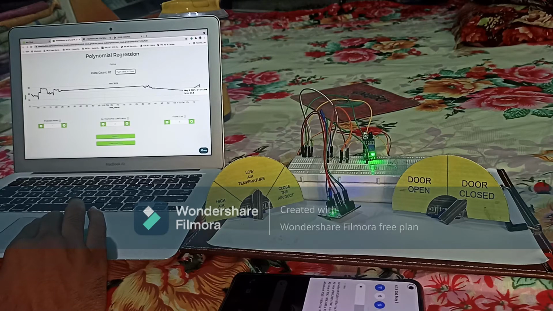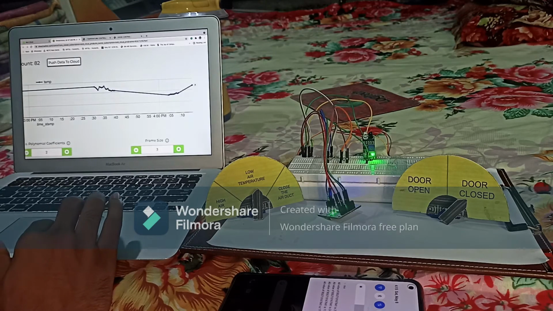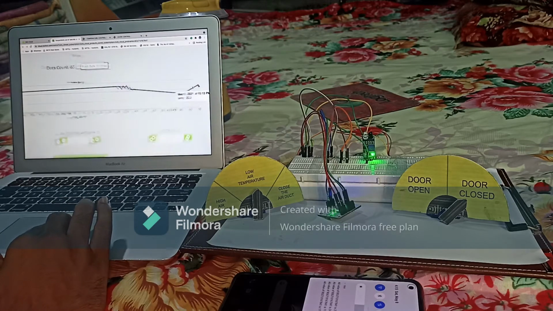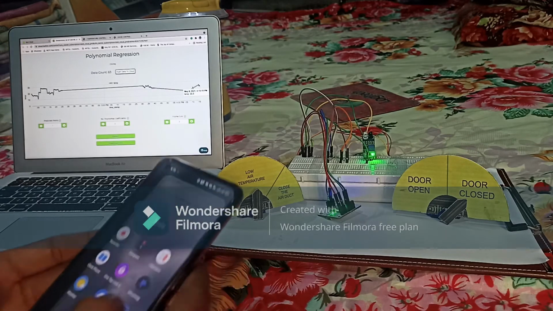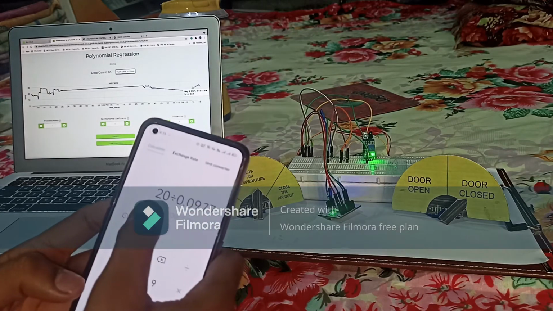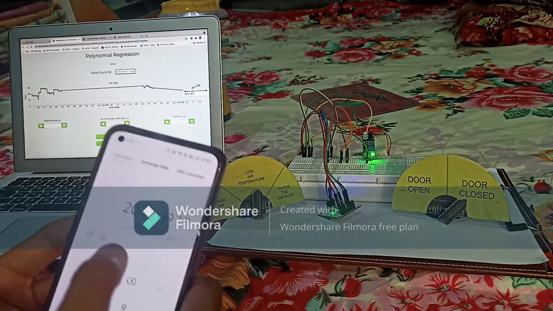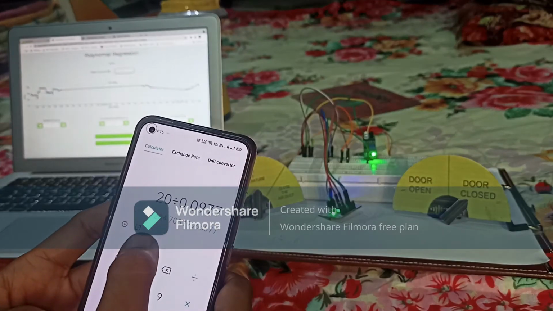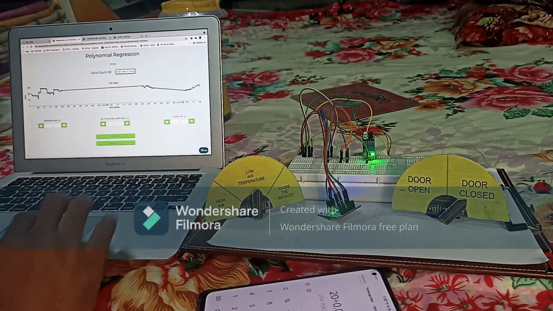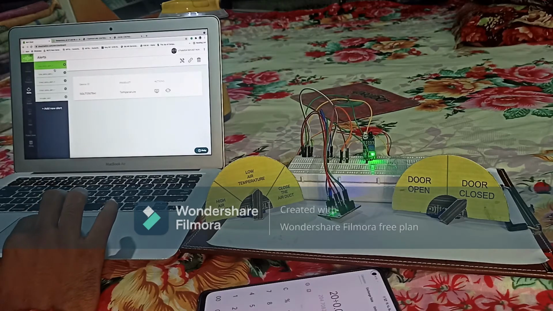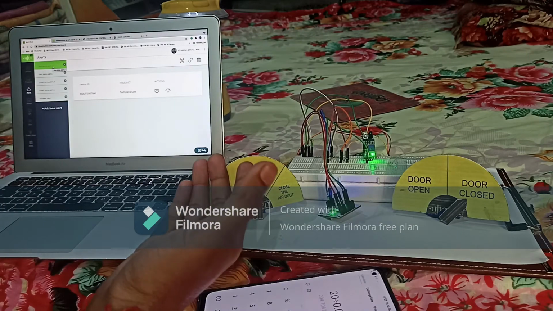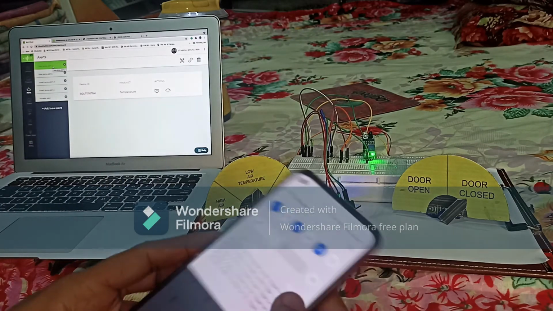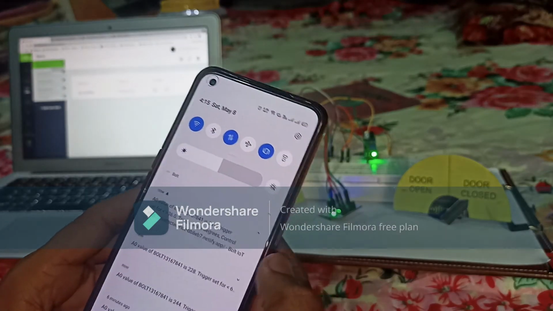You can see that I am getting the messages on my mobile phone. The temperature is 23.8 degrees Celsius. Let me calculate the raw data from here. It will be 20 divided by 0.0977, so the raw data for 20 degrees Celsius will be 204. I have already changed the value so that it will give an alert if the temperature rises above 20 degrees Celsius. You can see that I am getting the message.